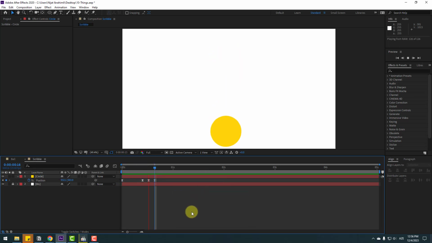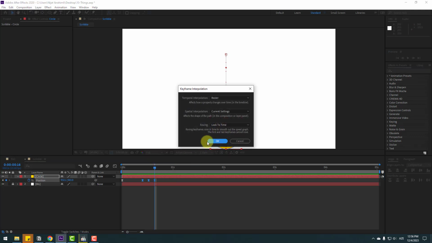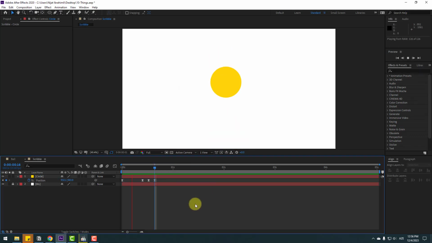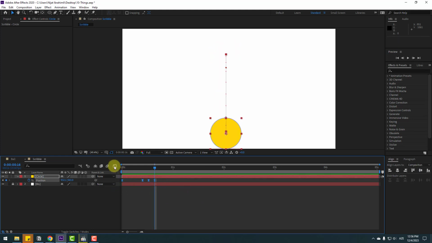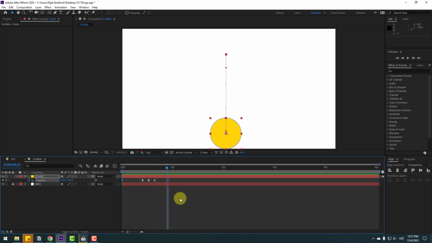Let's see. Okay, we have a problem with the last keyframes. Select the last 3 keyframes, right mouse, go to keyframe interpolation, change current settings to linear, click OK. Nice. And select all keyframes again, go to graph editor, select the first keyframe and make the first keyframe bold. Let's see. Nice. Back to keyframes and right now go to effects and presets, search for FX Scribble